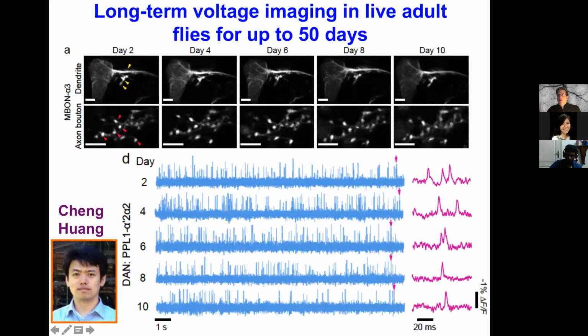So here's an example in which we have combined the optical voltage indicator targeted to individual neurons in the fly brain, and we've been able to follow these neurons routinely for at least 10 days, and in some cases up to 50 days. And so here you can see an example set of records of optically recorded spiking in the fly brain using this